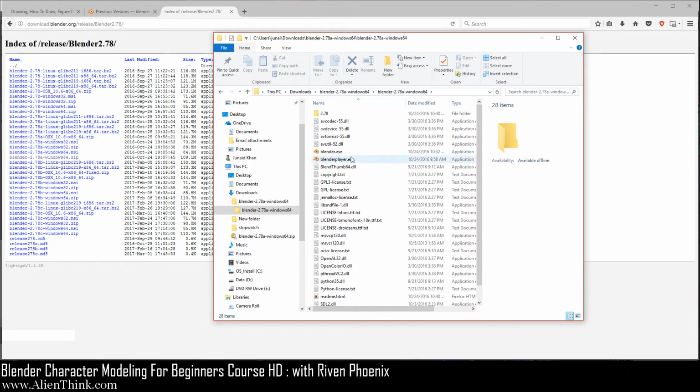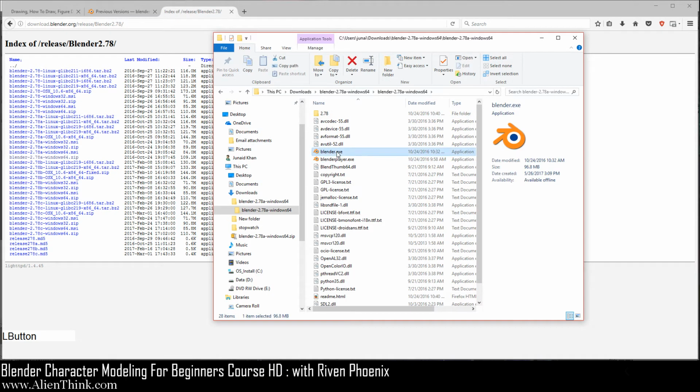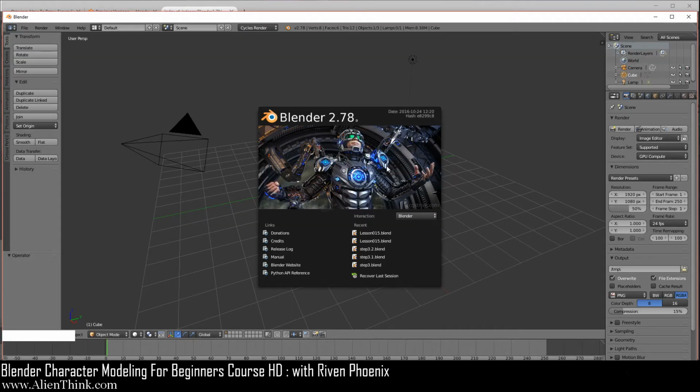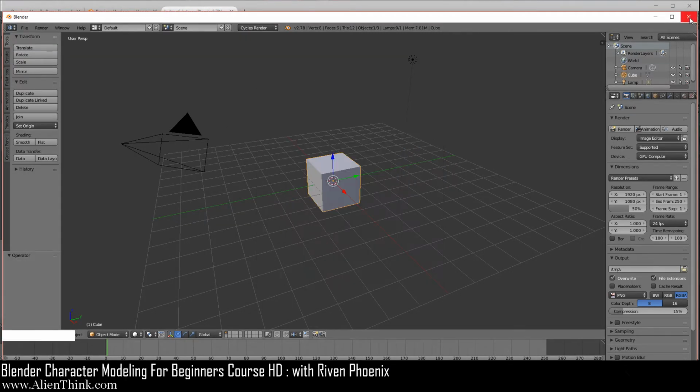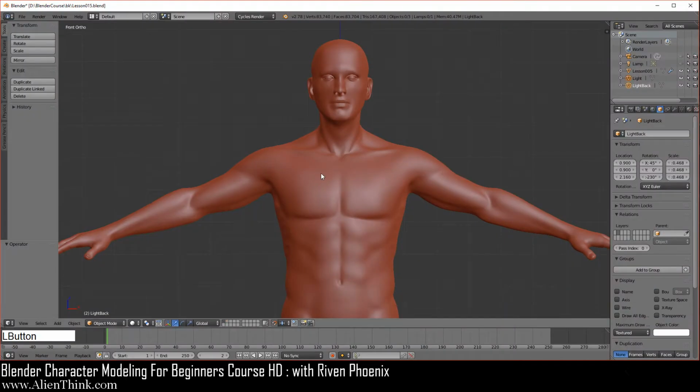And this is why I like the zip file, because all you have to do is click on the exe. And you can see that over here, I can keep different versions of Blender, right? They'll just be different folders, depending on whatever I download. So if I go in here and double click the exe file, it's just going to open up this DOS window and then launch Blender. You can see that it's launched it. So I'm going to go ahead and close this because I already have Blender running. So let me switch back over here. Okay.